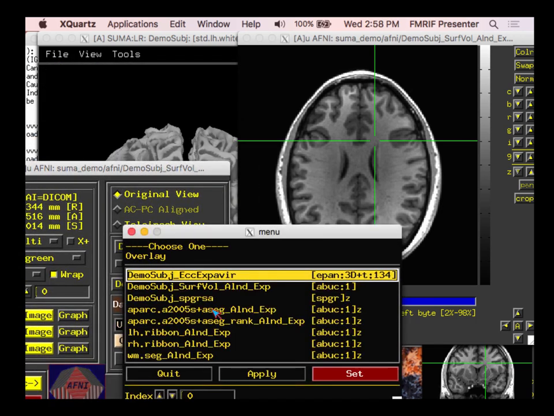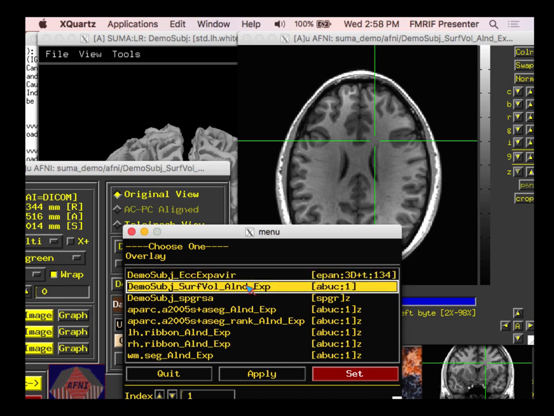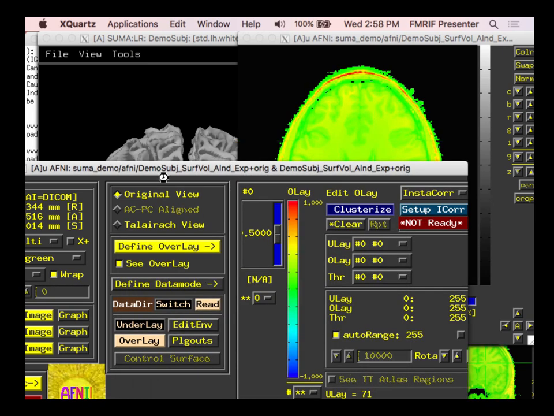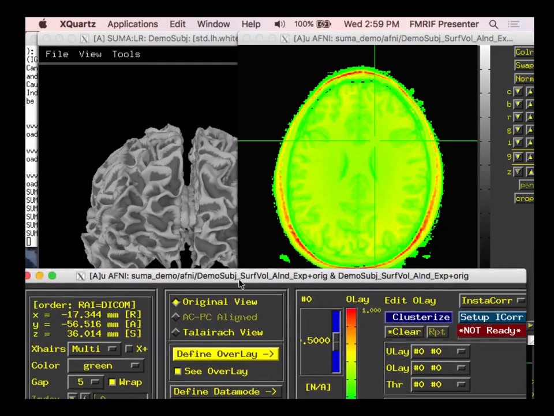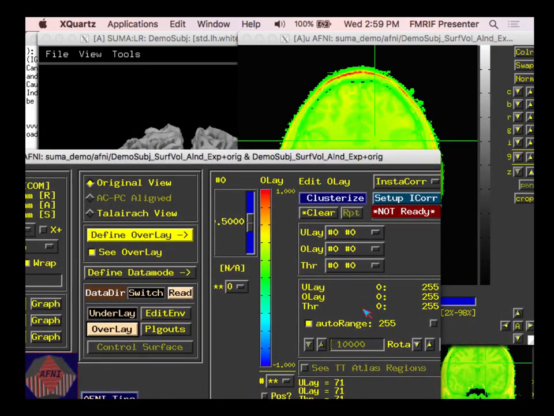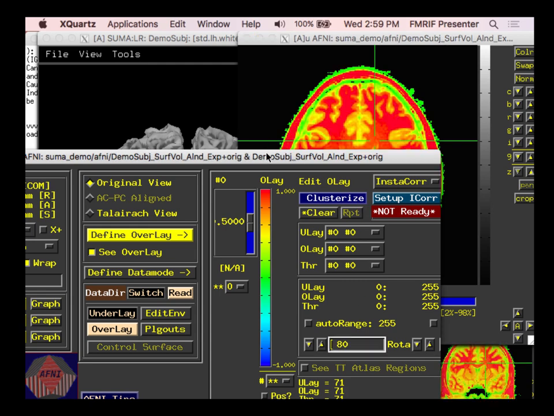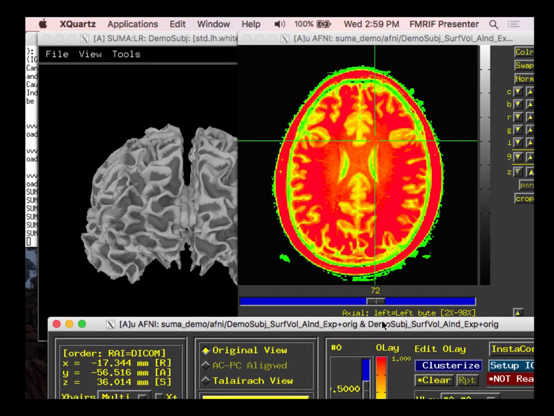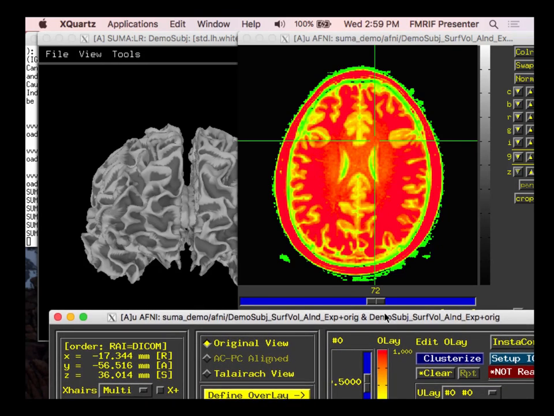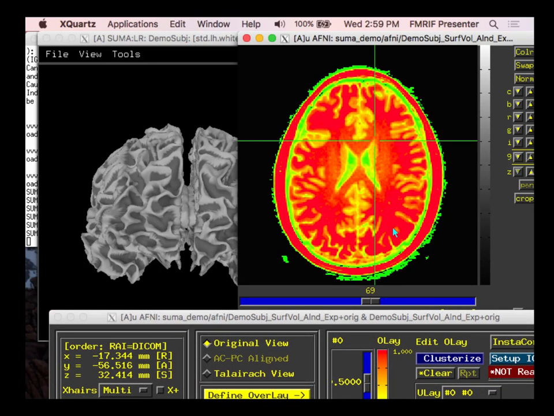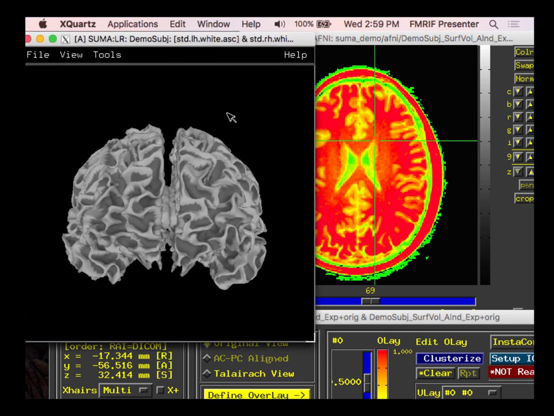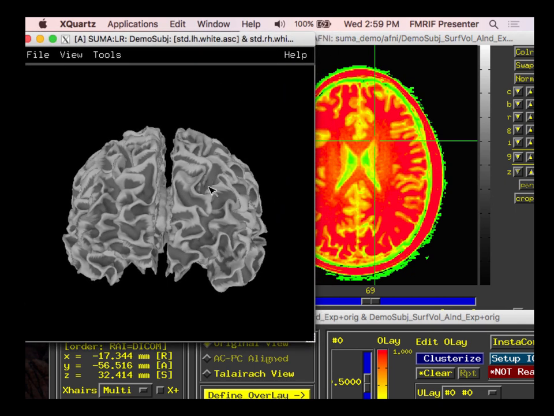And something we can do, Bob showed a little bit here of looking at data. Let's look at just a set here. So this is how we might view data in AFNI, and I'm just going to change the range a little bit. So there's numbers at every location, and they have meaning. Well, don't have to get into it. That's fine. But the nice thing about AFNI and SUMA is that